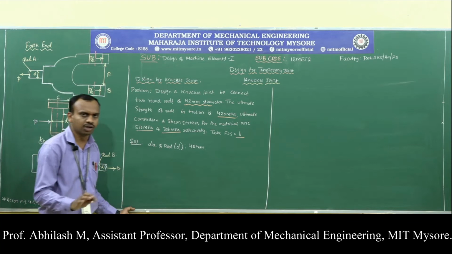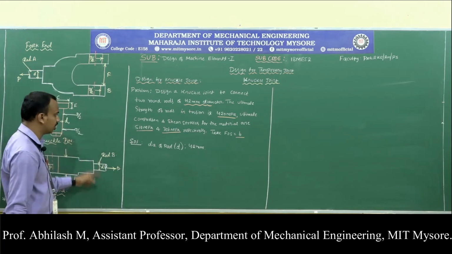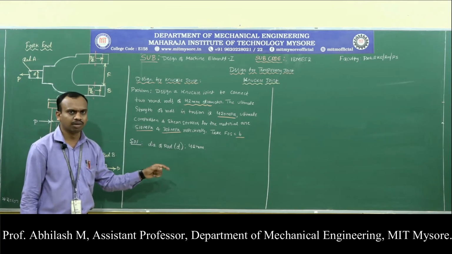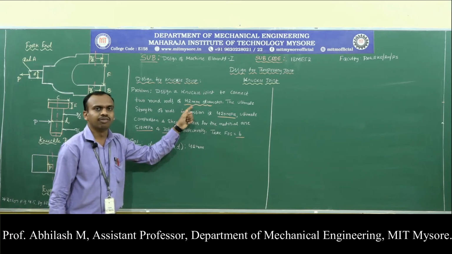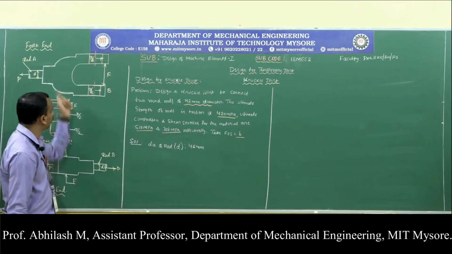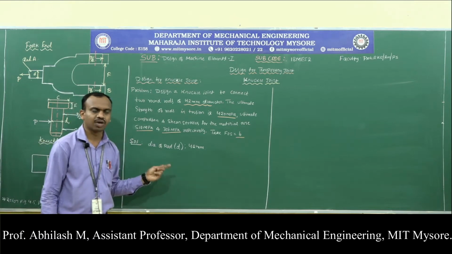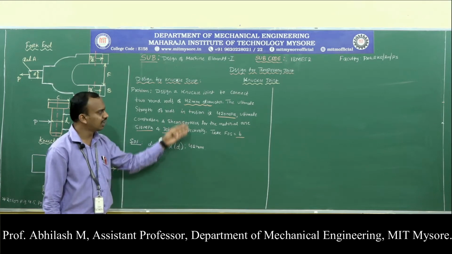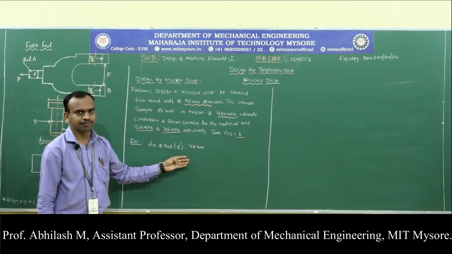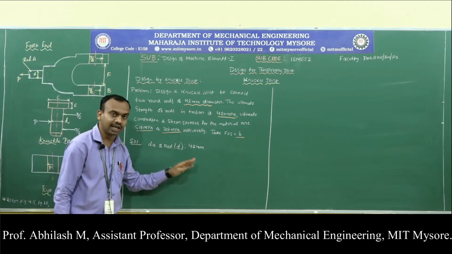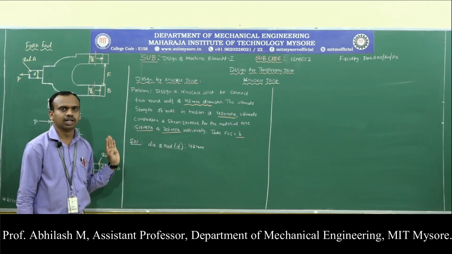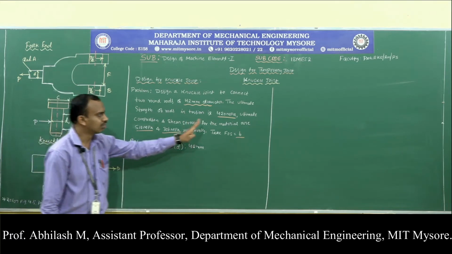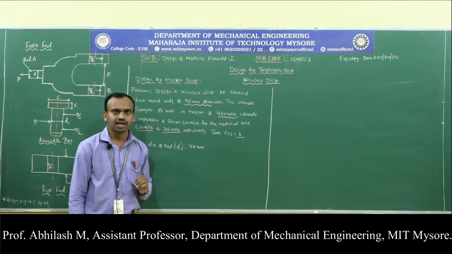Generally in the problem they are going to give us the tensile force to which the knuckle joint is subjected, then we are supposed to determine the diameter. Whereas in this particular problem they have only given the rod diameter, and we are supposed to calculate how much tensile force this rod can sustain, and vice versa. In the problem they might give you the load and you calculate the diameter. Here they have given the diameter, let us calculate the load. They have also specified the type of material in which the knuckle joint is made. They have not mentioned the name of the material, but they have given its properties in terms of the ultimate stresses of that particular material.